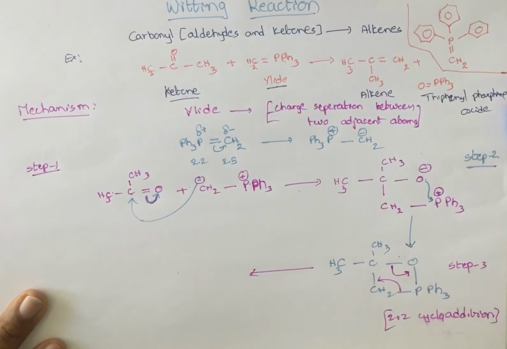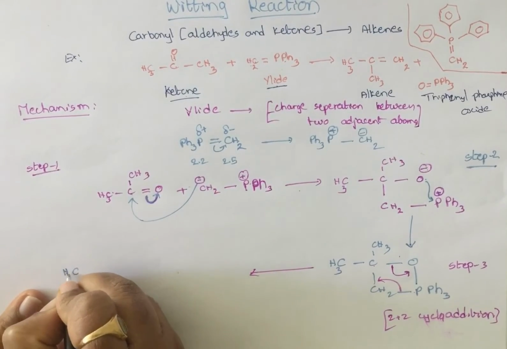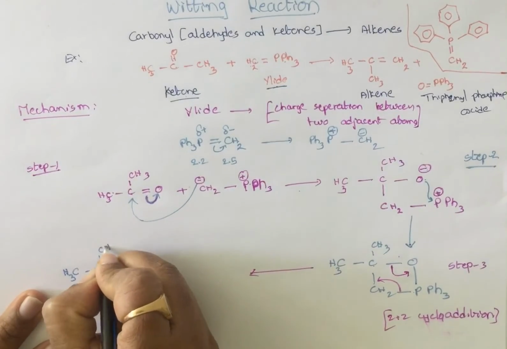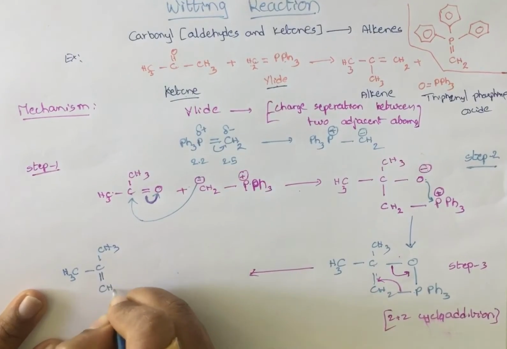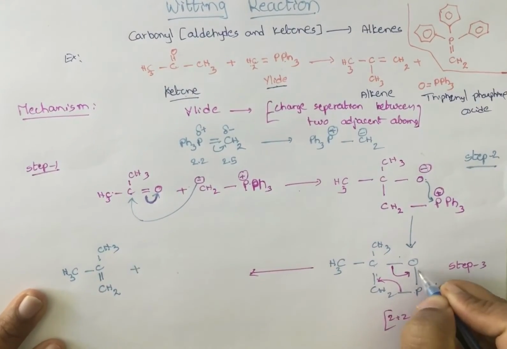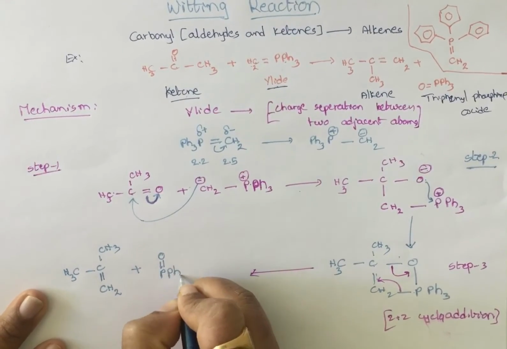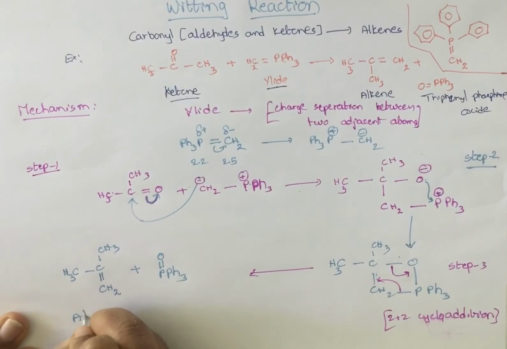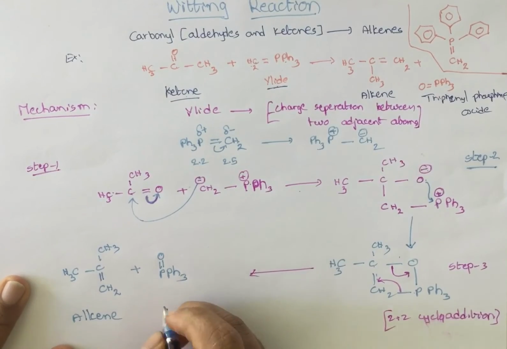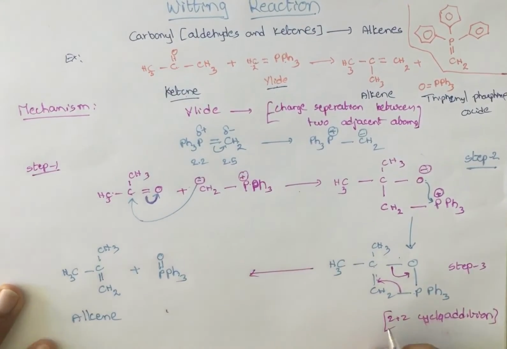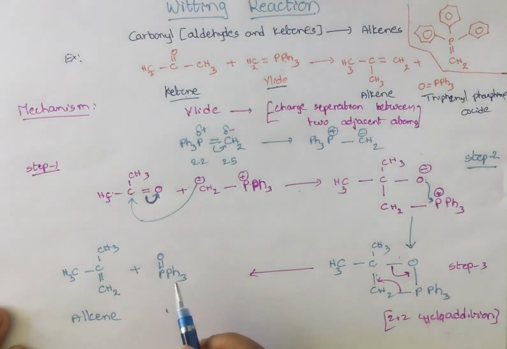What products am I going to get in this case? First I am going to write this one, CH3, CH3. This bond is converted into a double bond, CH2, plus. This is converted into a double bond, so O double bond PPh3. So this is the alkene that I am getting in this reaction, and this is the oxide, triphenyl phosphine oxide. That's the general compound that we will get. So in this way, in 3 simple steps, we can explain the Wittig reaction mechanism.